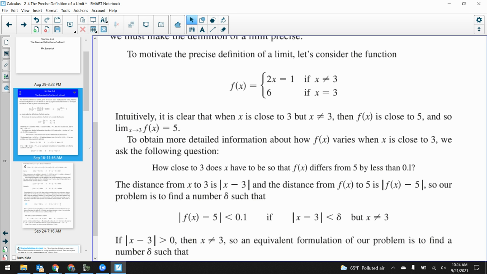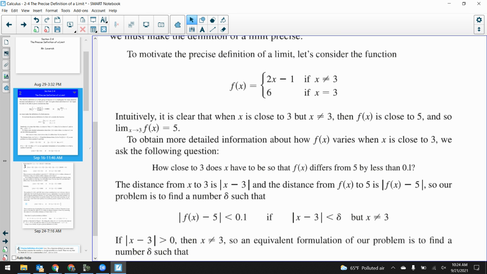Now, what is our intuition? Our intuition is that as x approaches 3, then I know that 2x minus 1 is going to be what I'm looking at, right? Do I care that at 3, f of x is 6? No. Because remember, in a limit, I only care about what's happening around that value, not what's happening at that value. Okay, so intuitively it's clear when x is close to 3 but not equal to 3, f of x